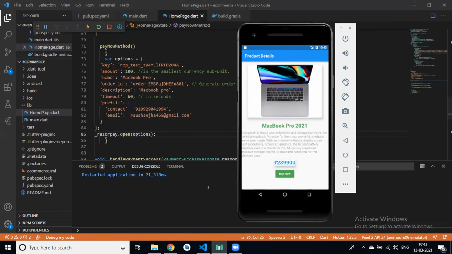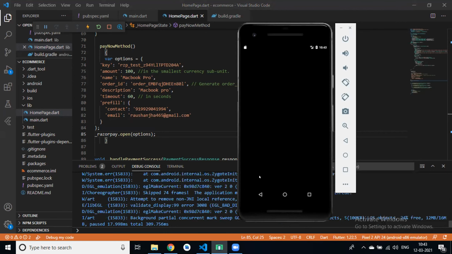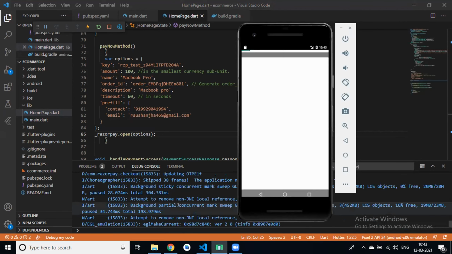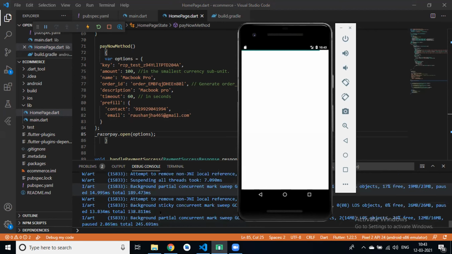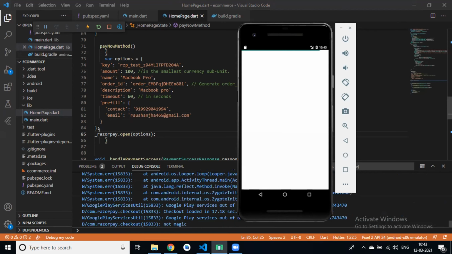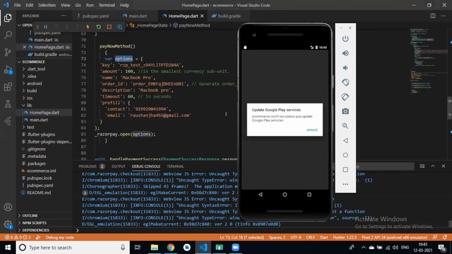Yeah. So I click on buy now, then it calls the Razorpay dashboard. Now we open Razorpay dot open option. We have passed this option in the Razorpay account.